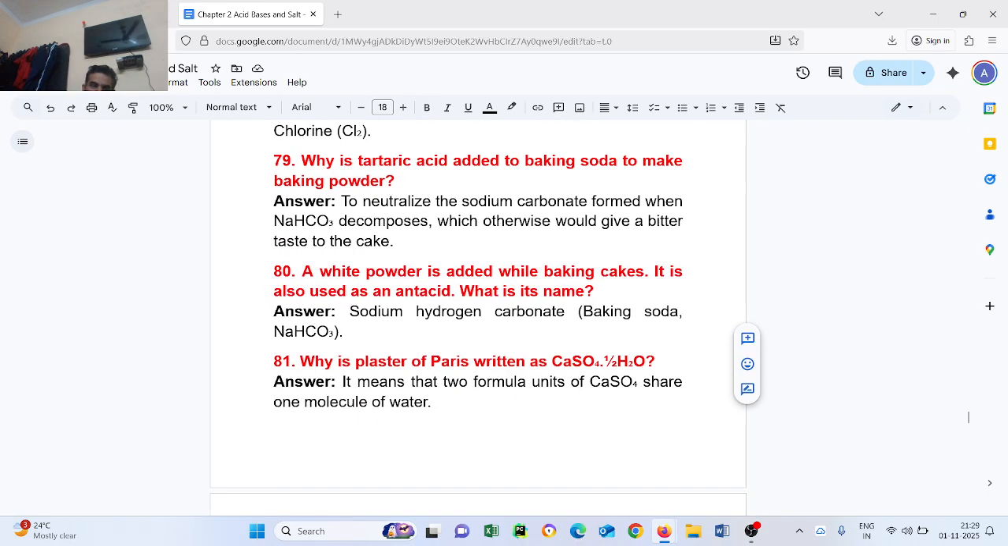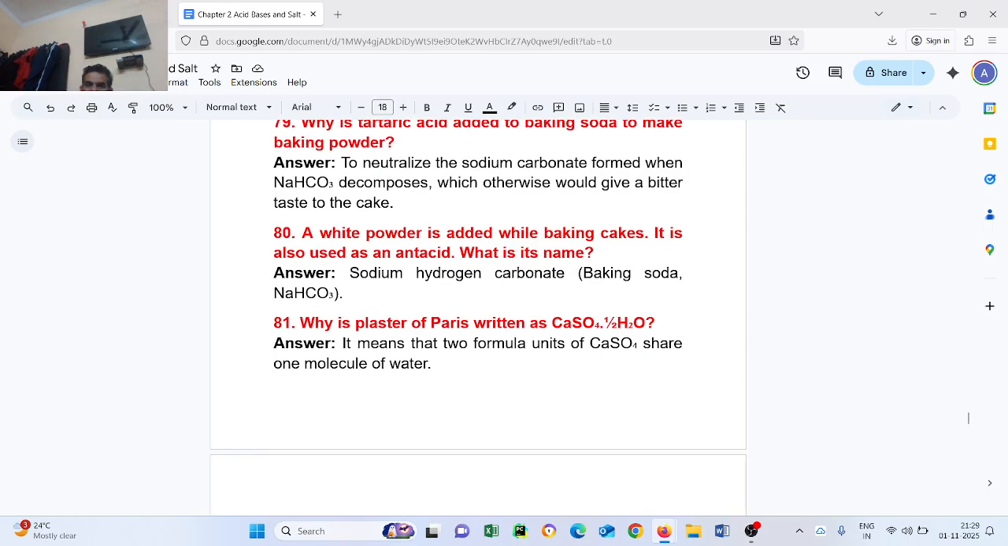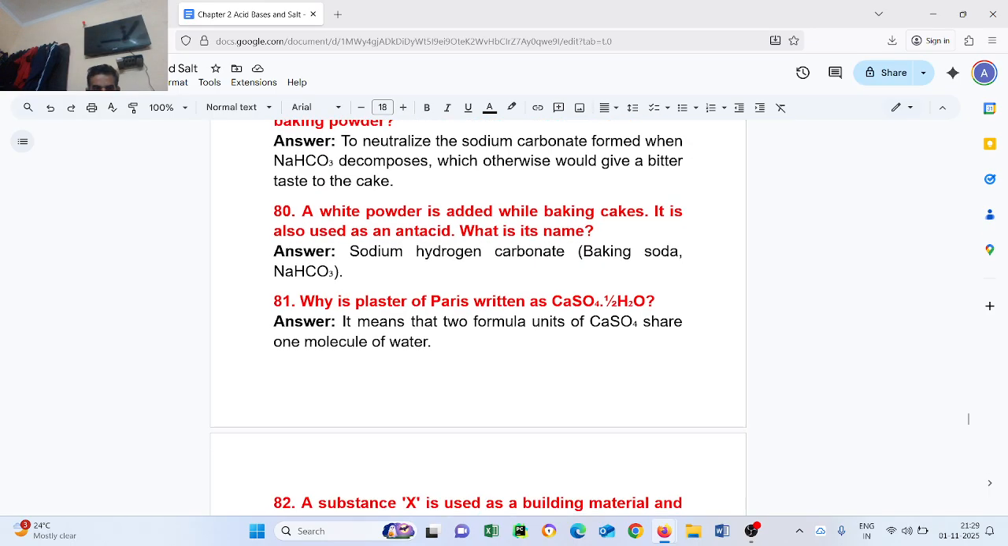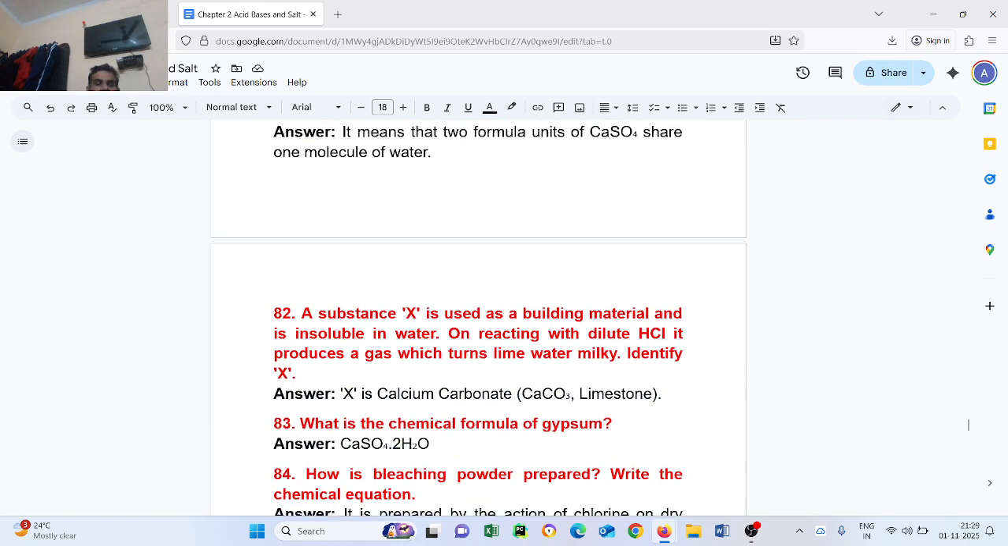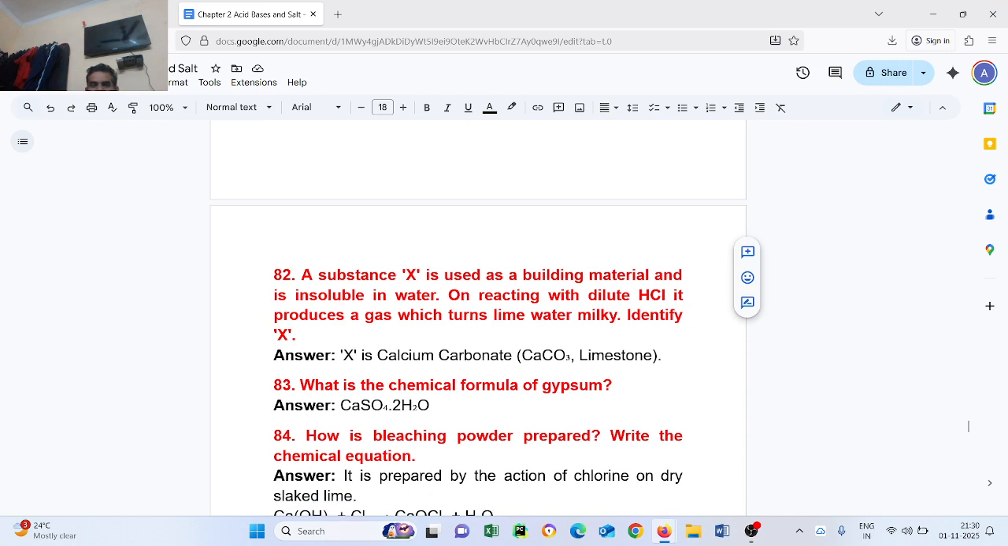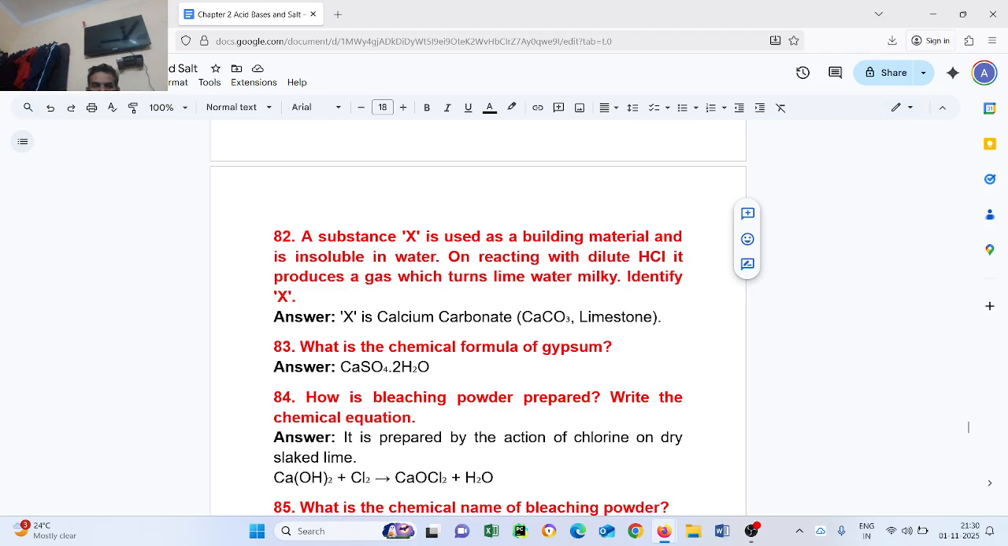Question number 81. Why is plaster of Paris written as CaSO4·½H2O? It means that two formula units of CaSO4 share one molecule of water. Question number 82. A substance X is used as a building material and is insoluble in water. On reacting with dilute HCl, it produces a gas which turns lime water milky. Identify X. X is